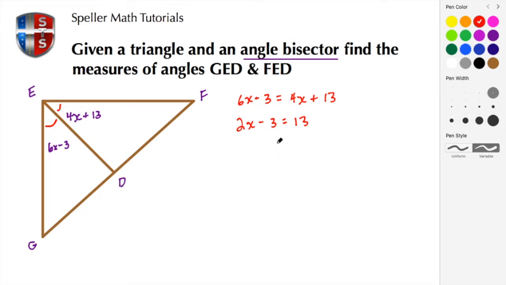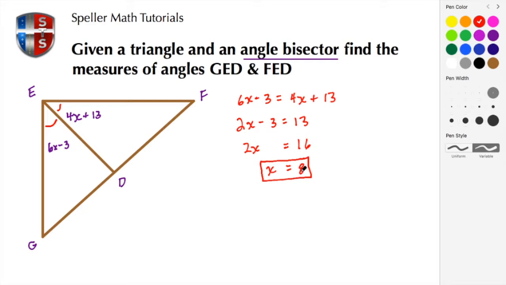Now let's move all of our constants to the other side. So we're going to add 3 to the left and right hand side. So here we're left with 2x, and then negative 3 plus 3 is 0. So I'm just going to write my equal sign, and then 13 plus the 3 that I moved makes this 16. And now we can divide both sides by 2 to isolate the x. So 2 divided by 2 gives us just x, and 16 divided by 2 gives us 8. So here we've calculated a value of 8 for the variable x.